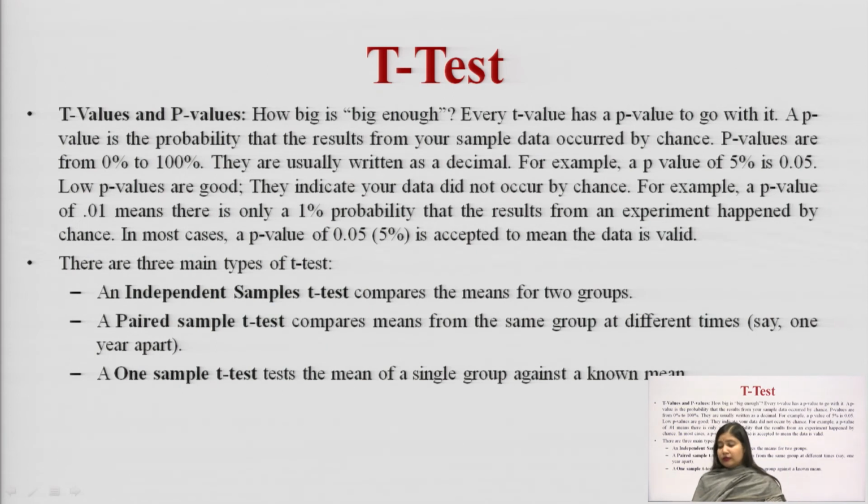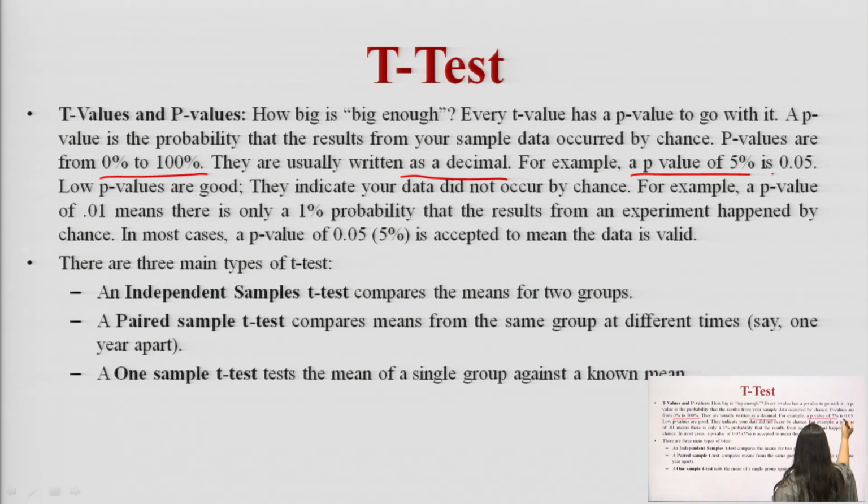Now, the t-value and the p-value. So, how big is big enough? Every t-value has some p-value. The p-value is basically your probability value, and the t-value shows the ratio or the difference between the two groups. The p-value is the probability that the result from your sample data occurred by chance. The p-values range from 0 to 100%, and they are usually written in decimal. For example, a p-value of 5% will be written as 0.05,